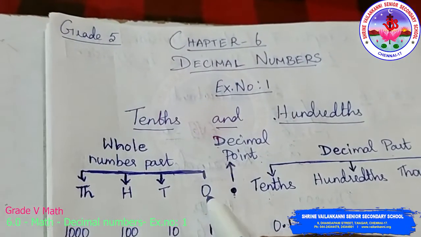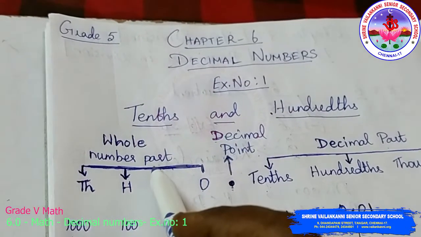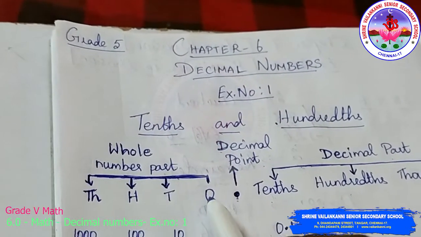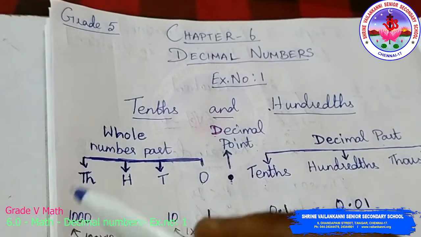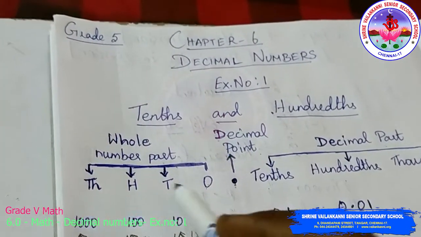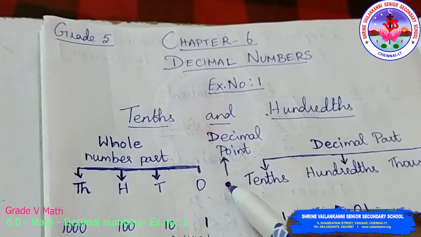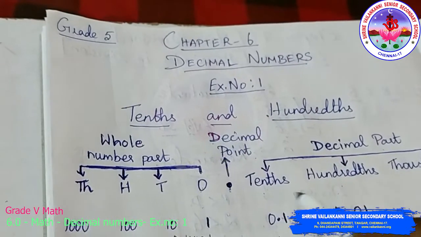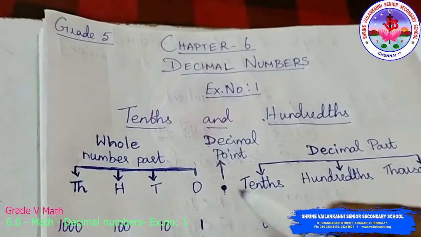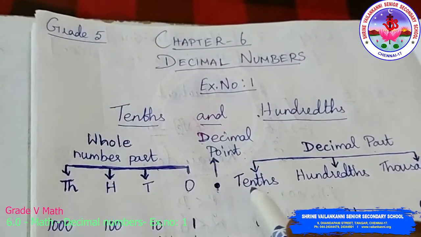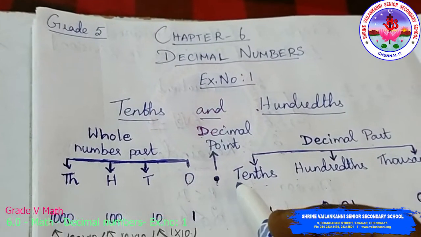And you know that ones, tens, hundreds, thousands are the whole number part. That is, numbers which fall under ones, tens, hundreds, thousands, 10,000, like it keeps on moving, all of that you will call whole numbers. The numbers which fall after this decimal point, you will call decimal numbers. So this is what you generally see in the place value charts.